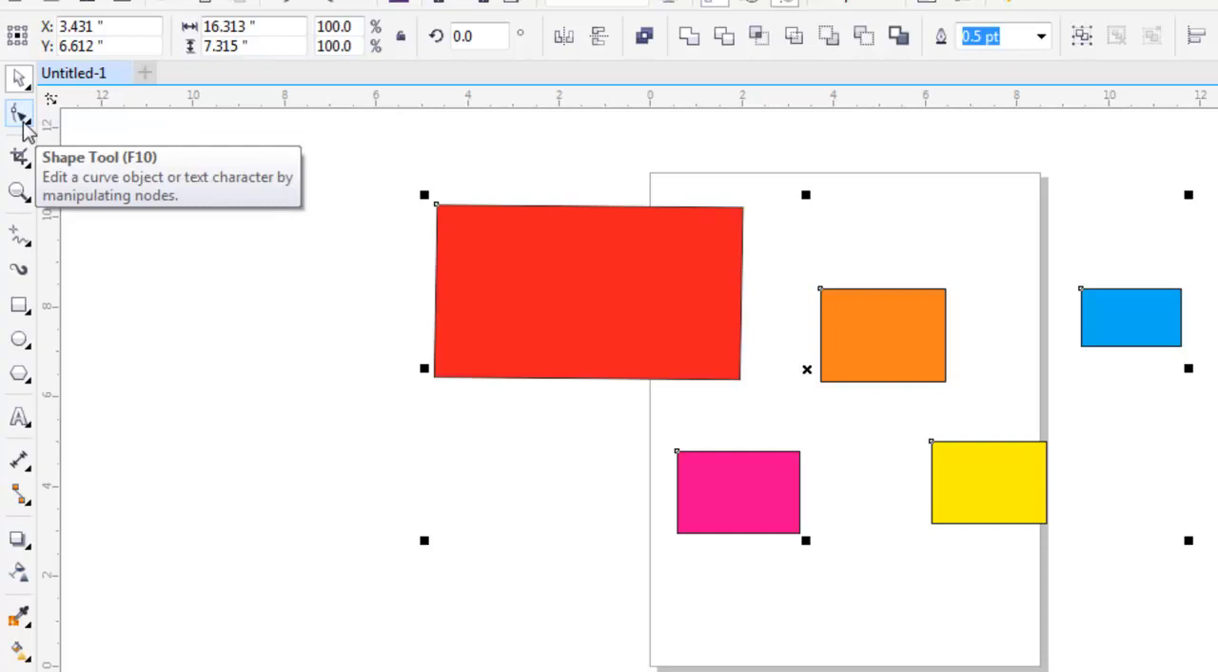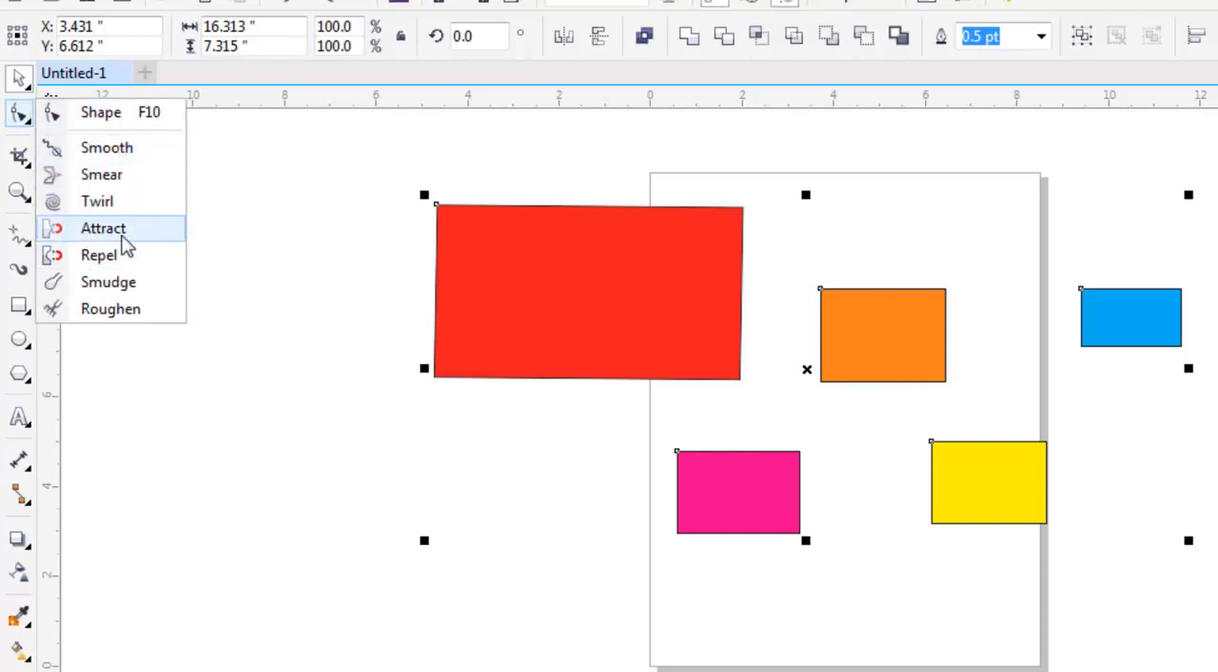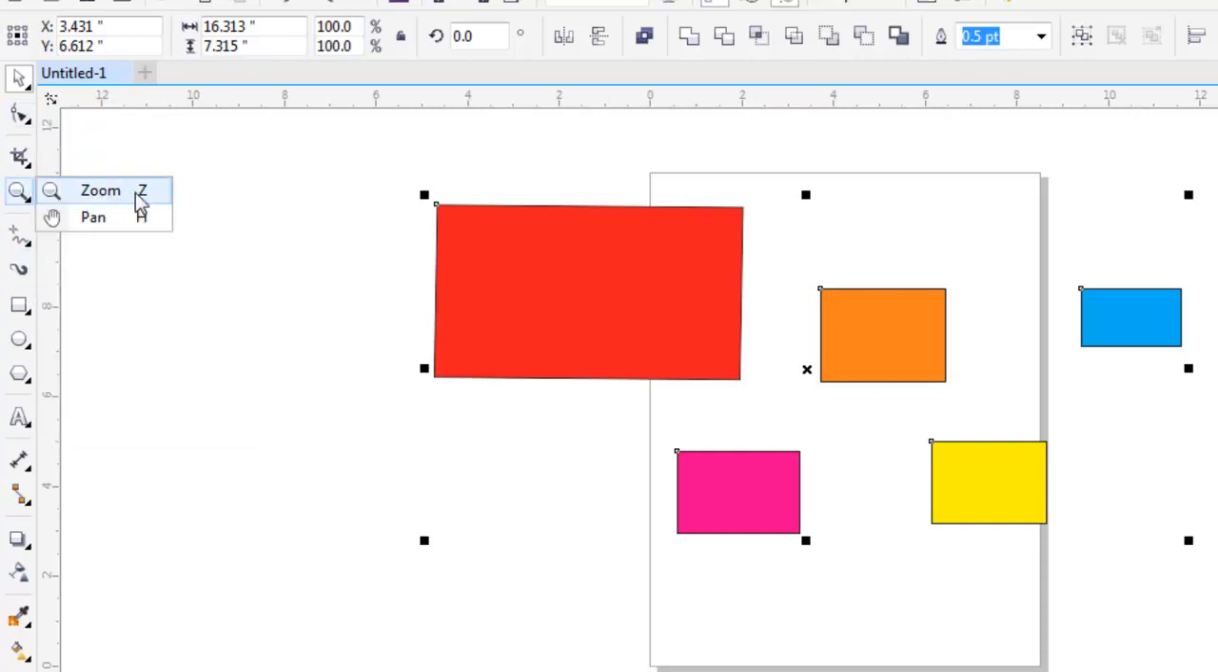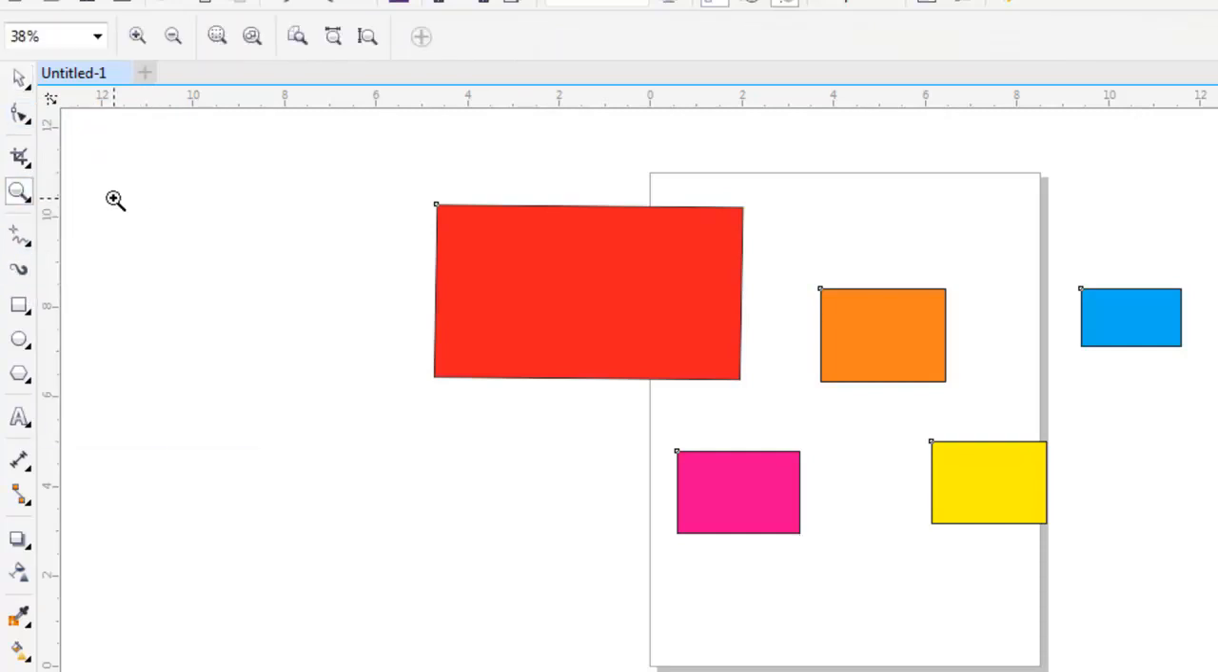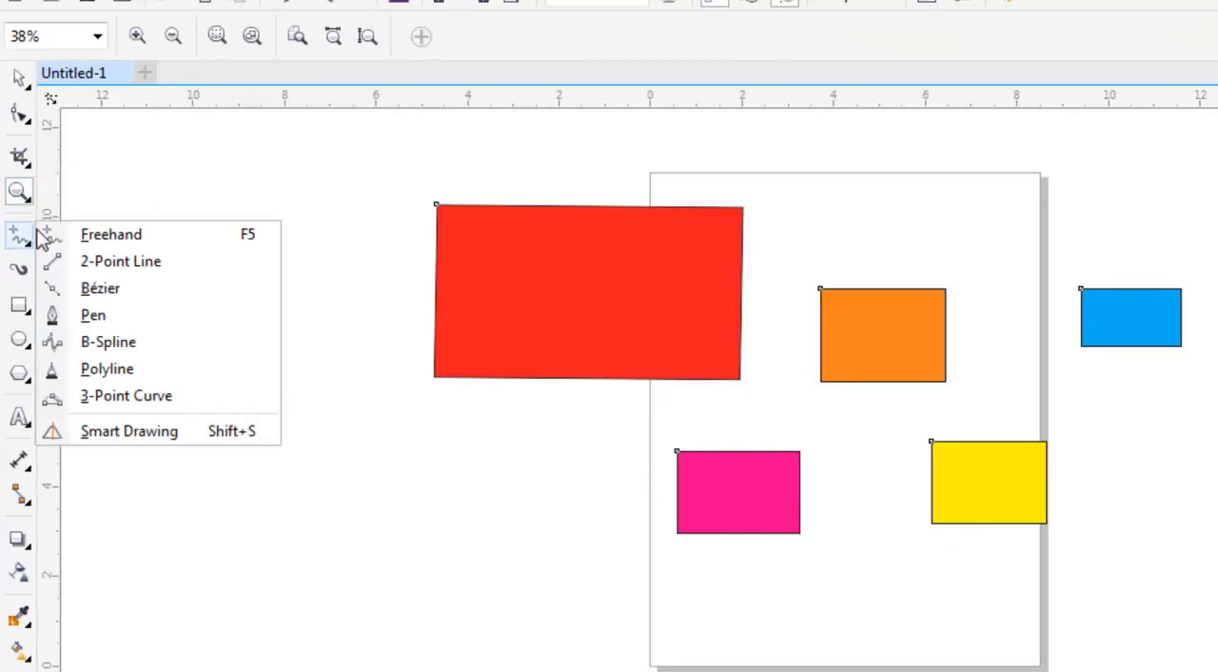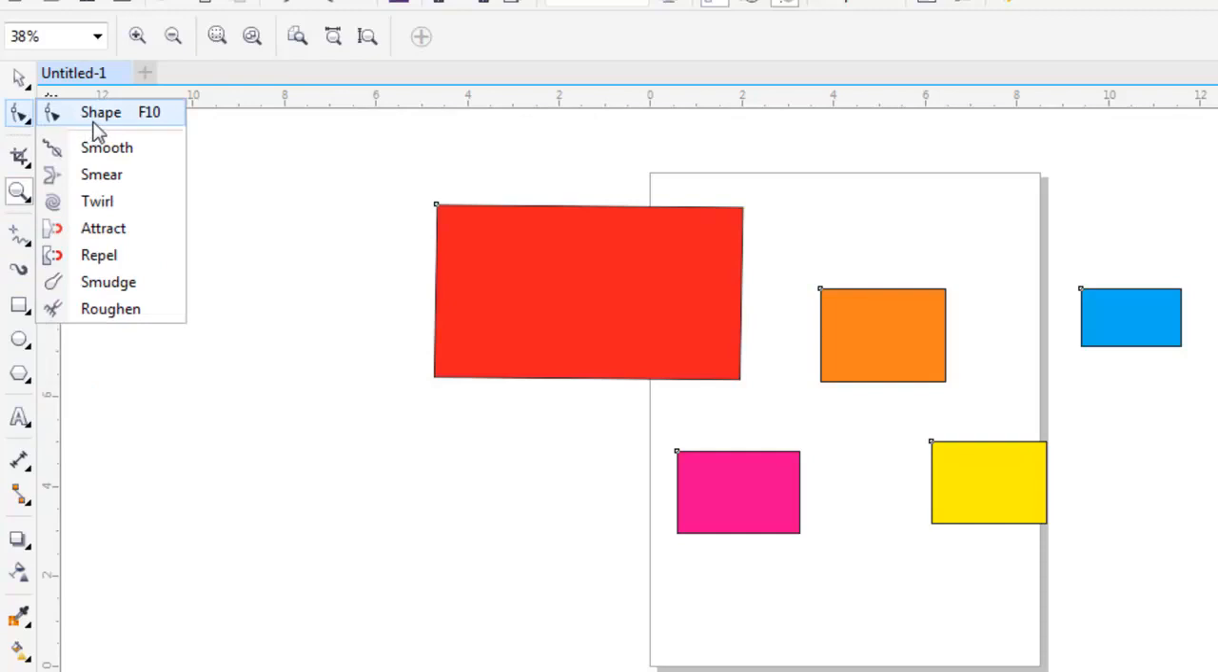Now the next tool that we will discuss in the next lecture is shape tool. Inside the shape tool, when you press your mouse key on the arrow you can see here, you will see there are many more tools, because the first one is shape tool, and you can see the shortcut key for that, which is F10. With every tool you will see its shortcut. For example, for zoom the shortcut key is Z, and for pen tool it is H. But in the next lecture we will talk about all